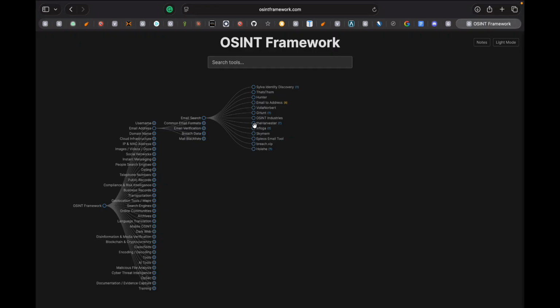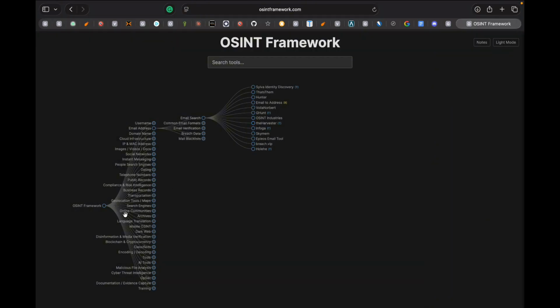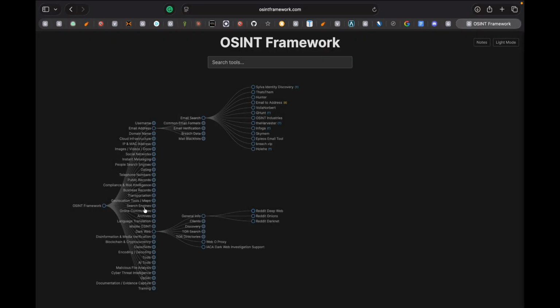But if you wanted to get email profile, theHarvester, I've talked about that some. If you click on it again, it'll take you to open theHarvester. It gives you a description on what it is, how it gathers information, its different outputs, community ratings, different things like that. If I wanted to do a light search over the dark web, gather general info, got a Reddit deep web, focused on dark web discussions, beginner guidance,